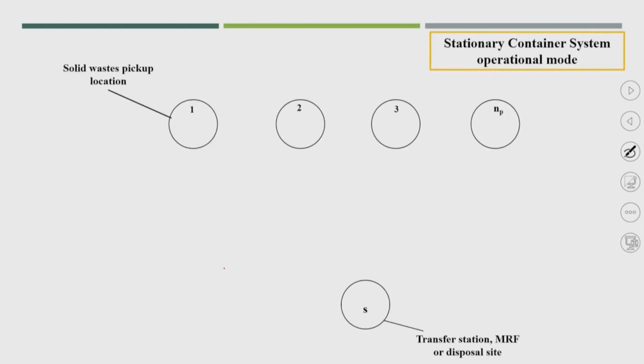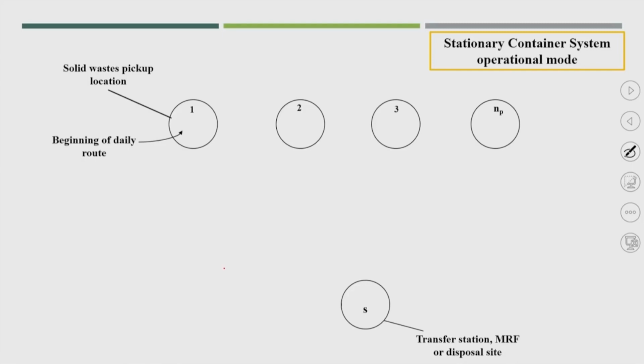Now, another example of the stationary container system: similarly, we have n container locations and one disposal site or transfer station available. The vehicle will start the daily route.